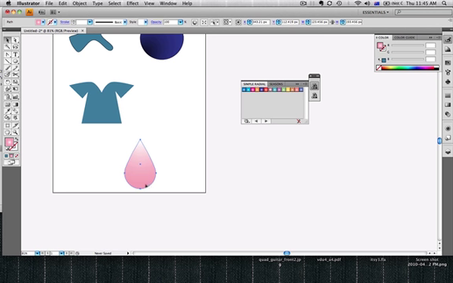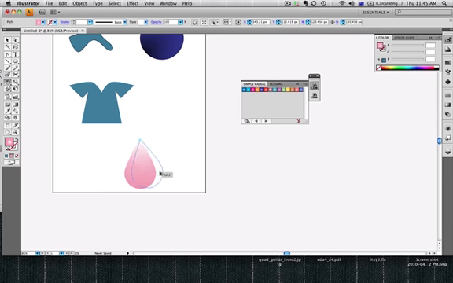This tool can be a little bit tricky to get used to. So I'm going to go to the Rotate tool and click on the Rotate tool, and you'll see that it'll add a point here. If you just click once on your top point, then that will shift the point from where the object will rotate. Now if I hold down Option on my keyboard, you'll see that my cursor has changed, and